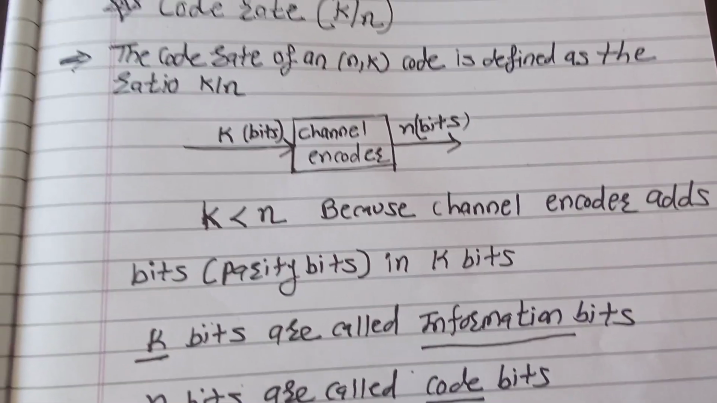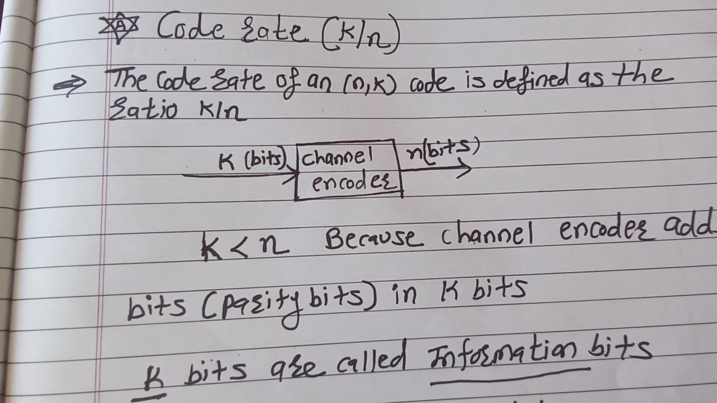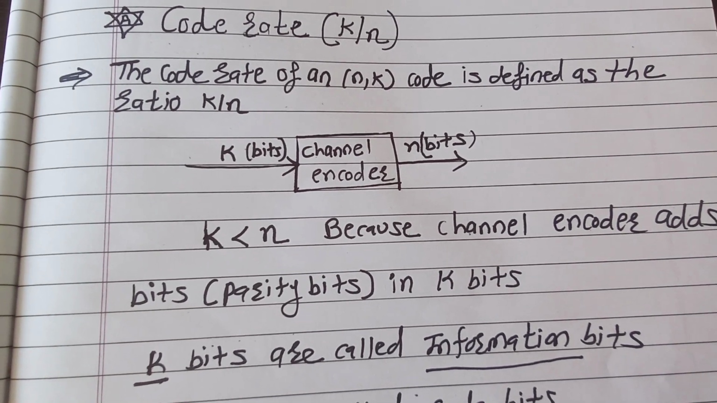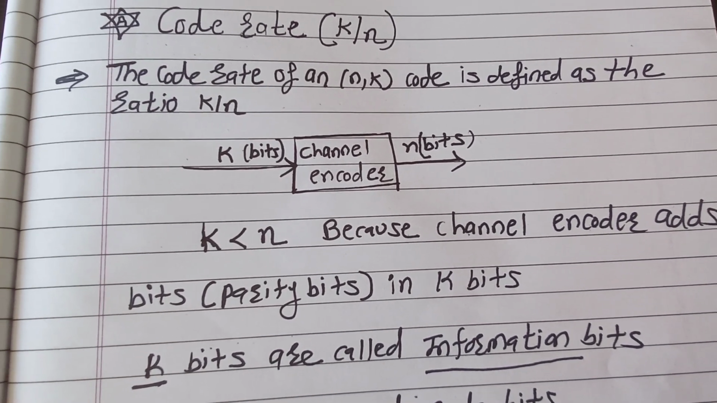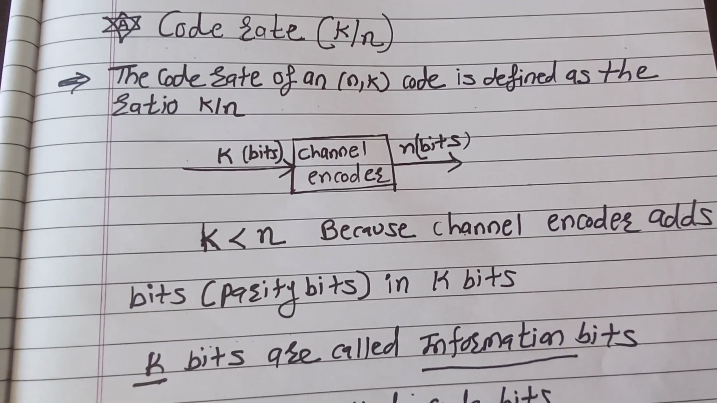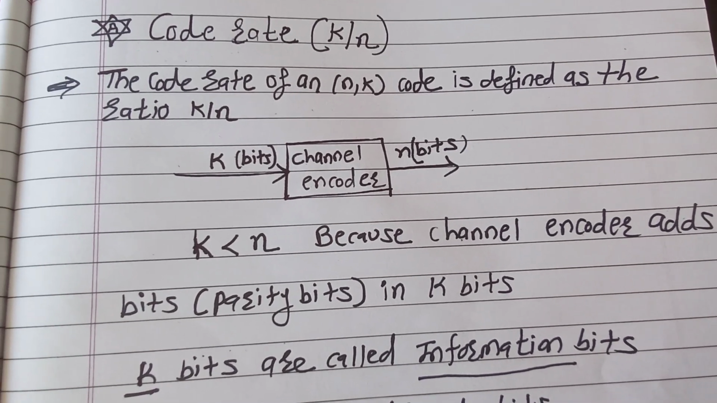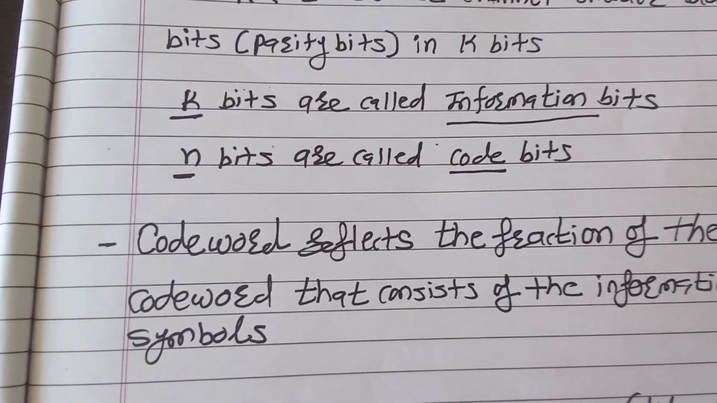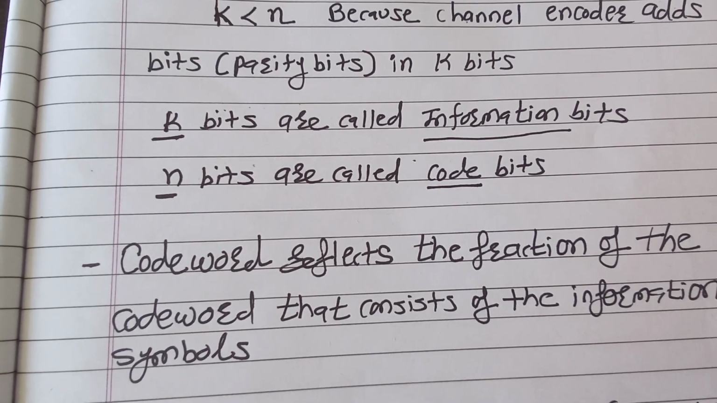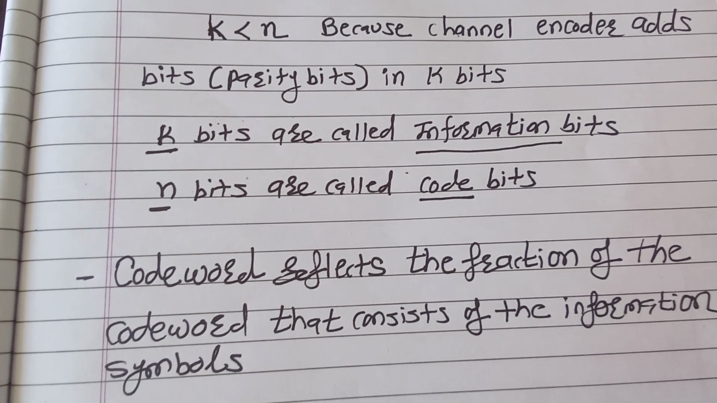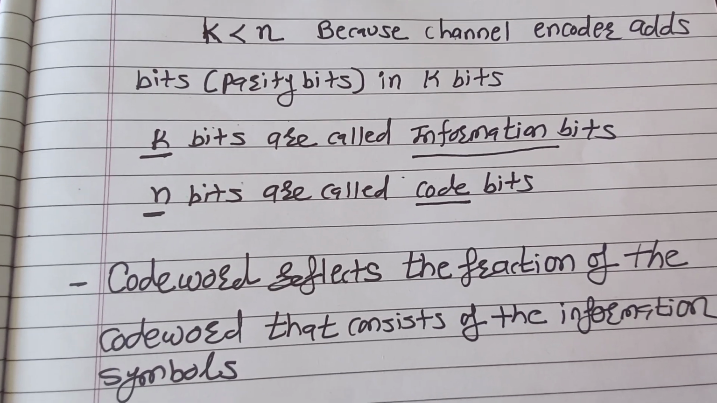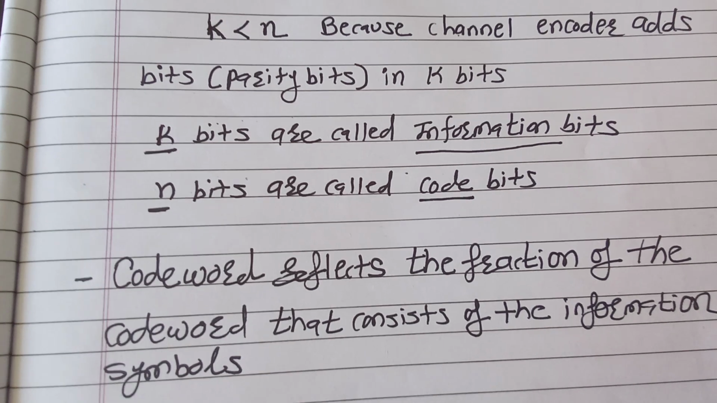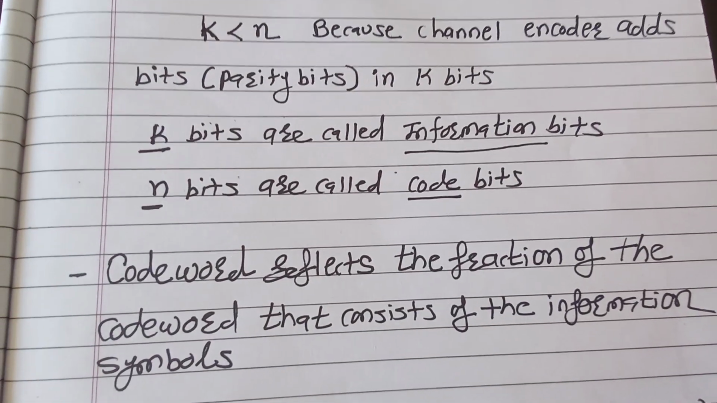So what is this k by n? k is information, n is code bits. So in code bits, how much information is there, that is reflected by the code rate. The same is written here: the code rate reflects the fraction of the code word, that is, the percentage of n, that consists of the information symbols,